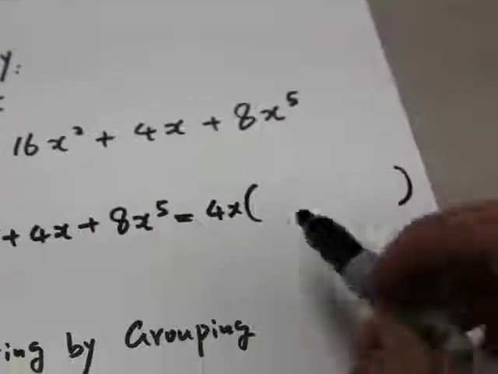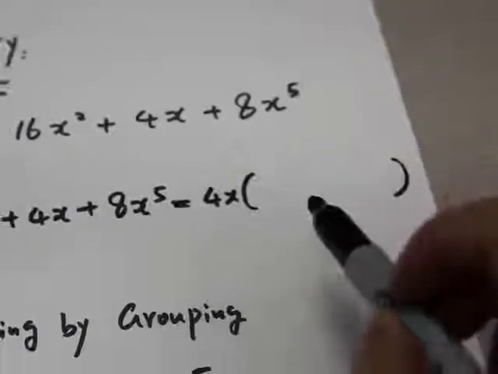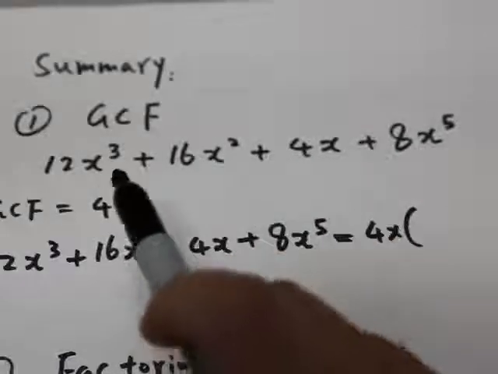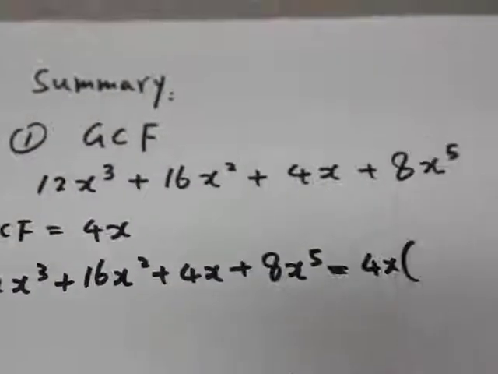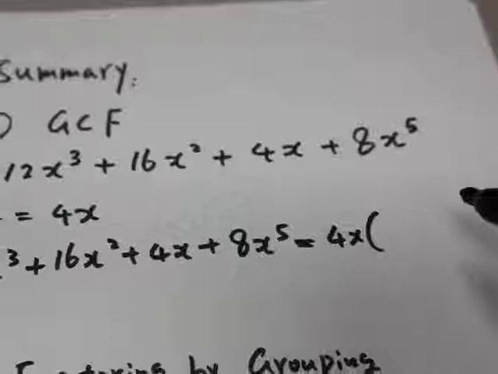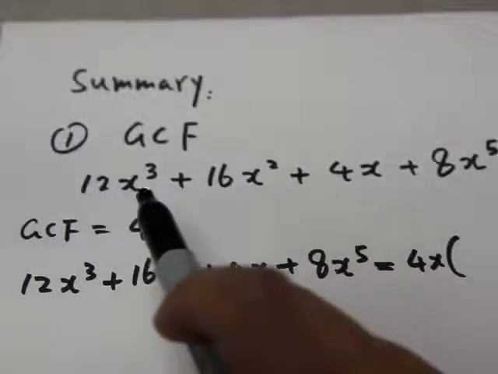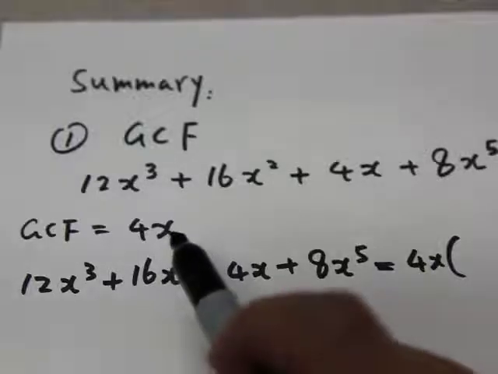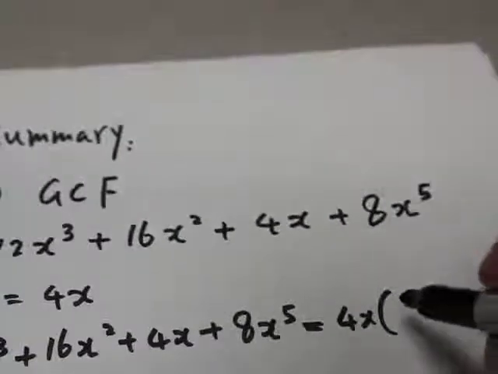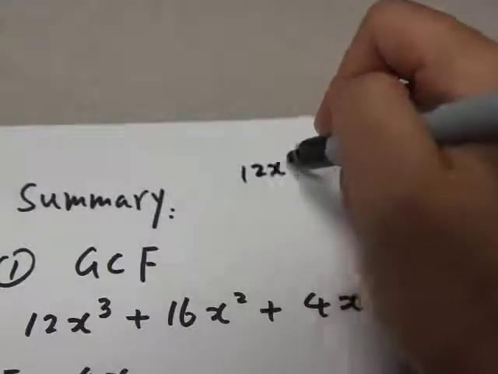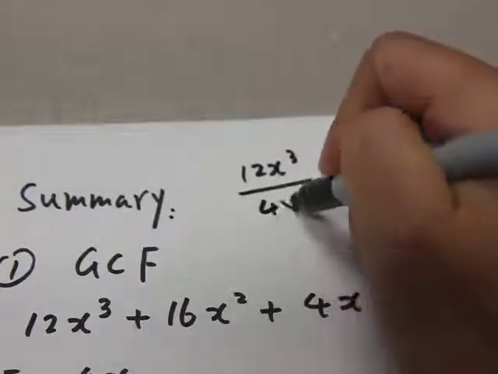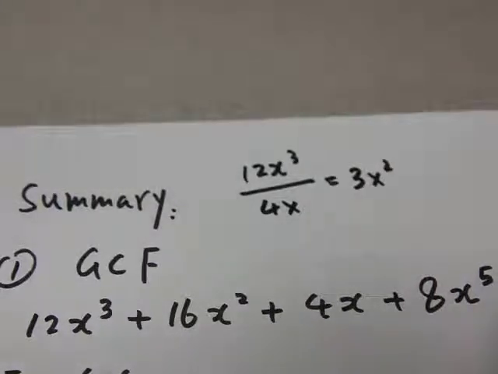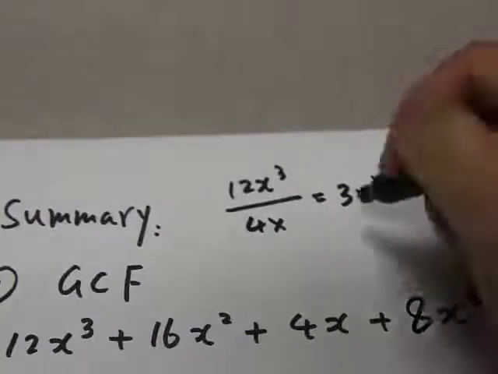And then, in the second factor, there are going to be 4 terms. Now, how do we know there are 4 terms? Because in the original polynomial, there are 4 terms. And to decide each term, we divide the original term by the greatest common factor, 4x. So, 12x to the third divided by 4x, we have 3x squared. So the first term is 3x squared, and plus